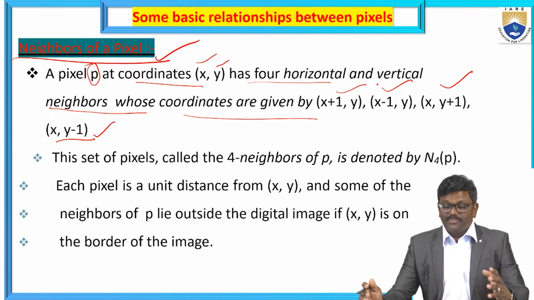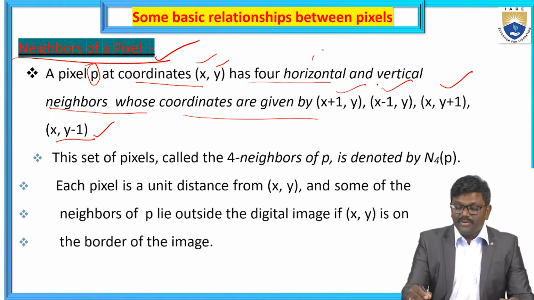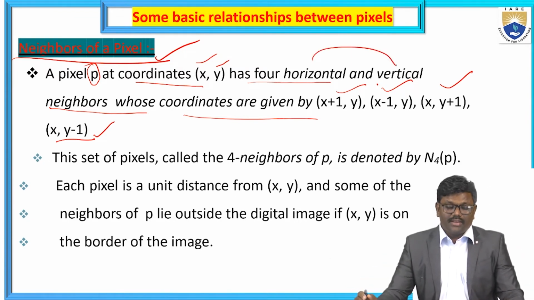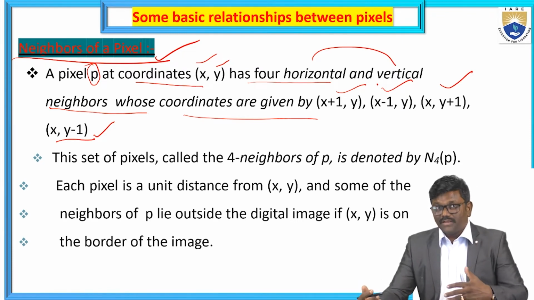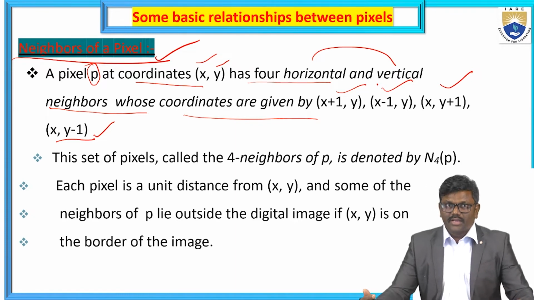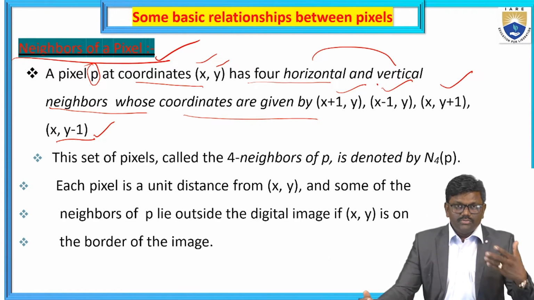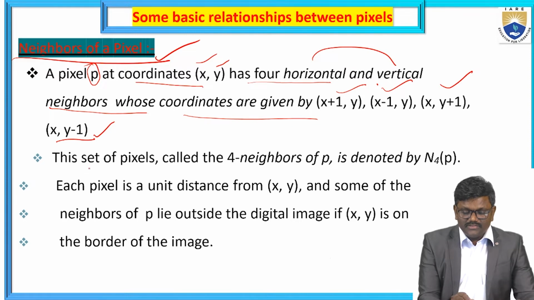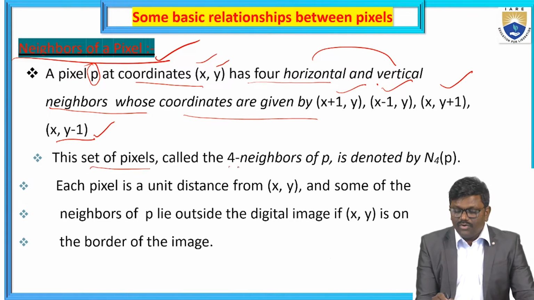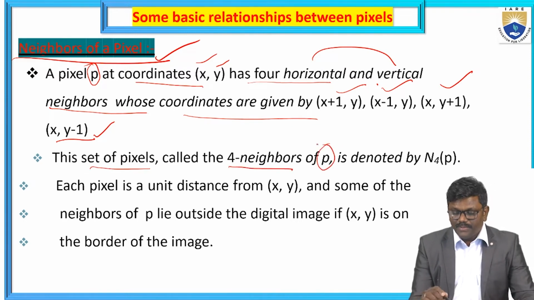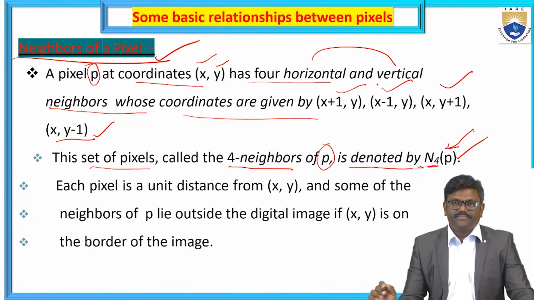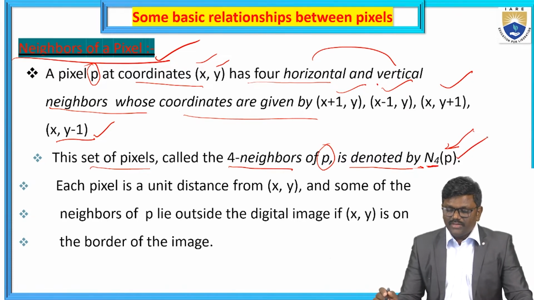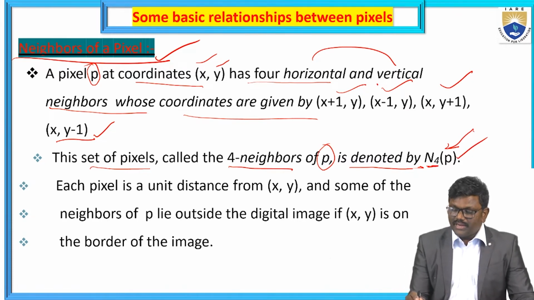So the relationship here is between the horizontal and vertical neighbors of the pixels. So how can we understand this? We'll see one by one in coming slides also. So we can understand that this set of pixels is called the 4 neighbors of a pixel P, denoted by n suffix 4 of P. Okay, so that means you are going to understand n suffix